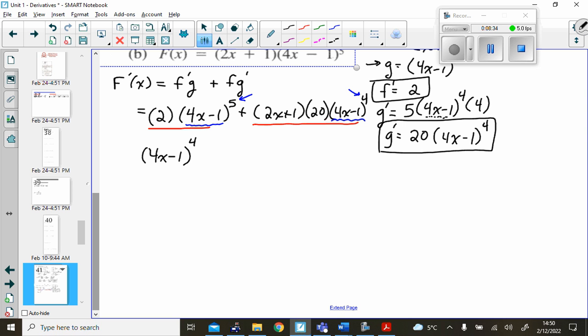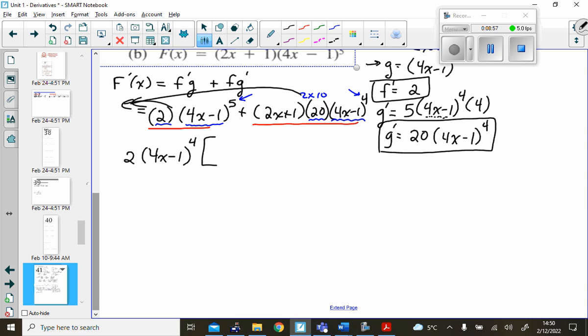I also see a 2 in 20, and that 2 can come out as a common factor as well. And if I take both of those out, the 2 out, and a bunch of the 4x minus 1s out,